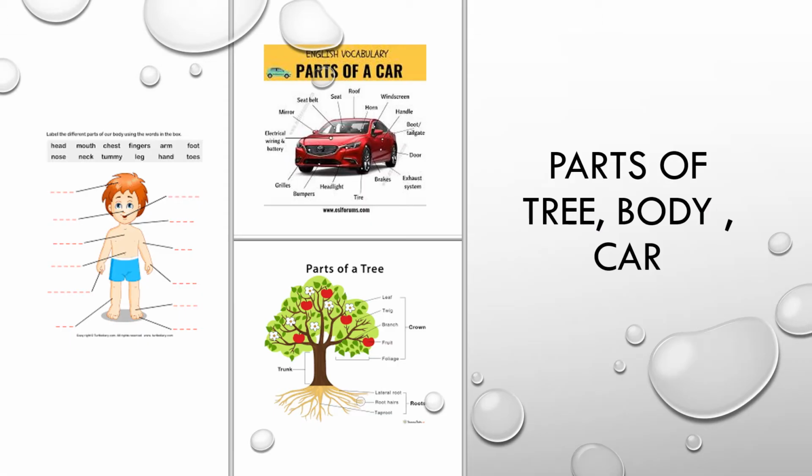So before we actually jump into the coding structure of the Python program, I would like to take you back to your primary school days, where you would have studied the parts of a body, parts of a car, or parts of a tree. Let's take an example, parts of our body. We have eyes, ears, nose, brain, head, hands, legs, and so on, right? Each part does a certain operation to make our body work completely.